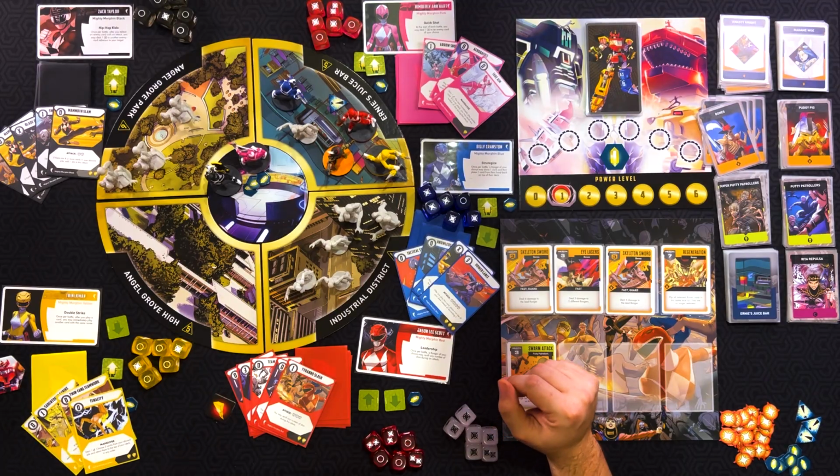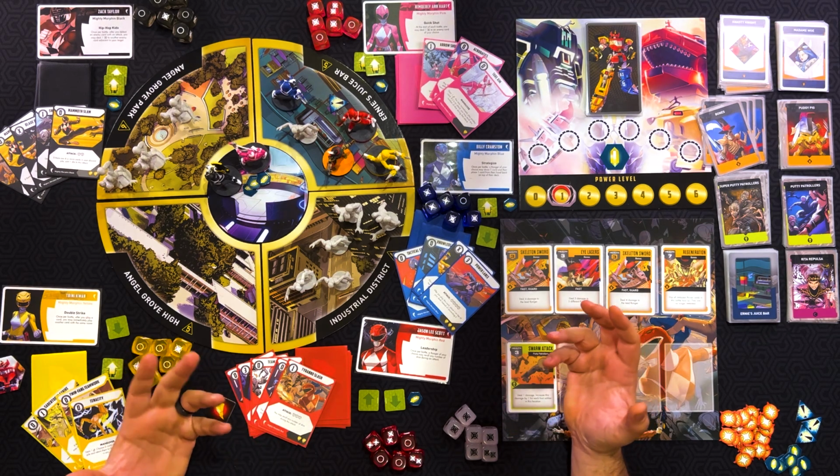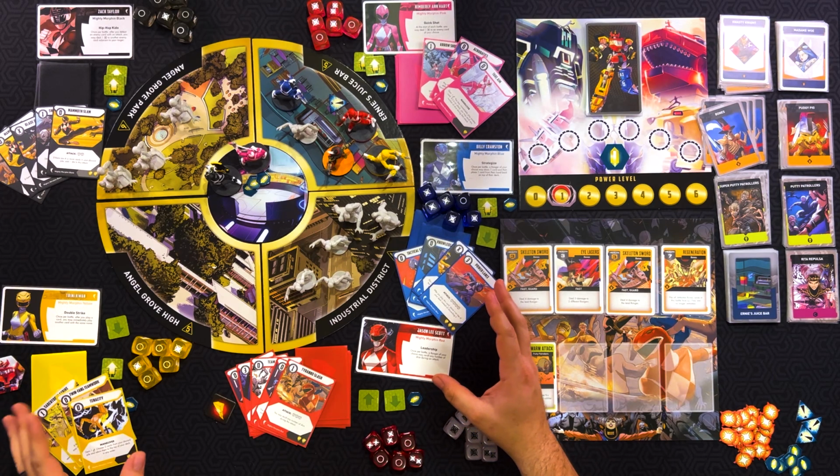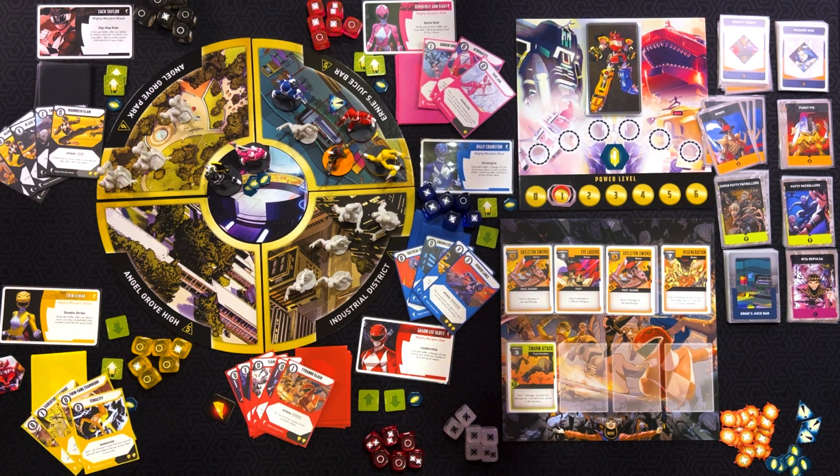When they start battle, they can also determine if they want to draw back up to their hand limit, again, of 5. In this example, we've got Billy with 4 cards in his hand, Trini with 4 cards in her hand, and Jason started with 5 cards in his hand. So Trini and Billy can choose to get back up to 5 if they wanted to, or stay where they are. You don't necessarily want to always go to 5 cards in your hand, especially if you're low on cards in your deck, and you don't want to basically kill your deck, because anytime